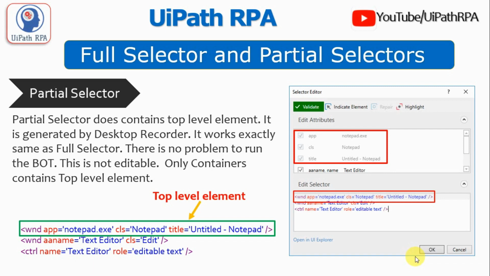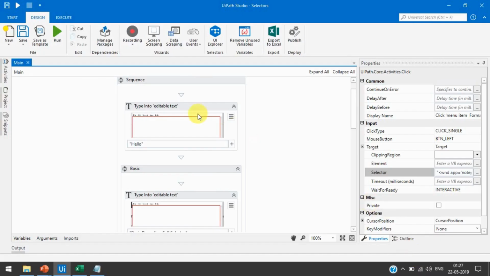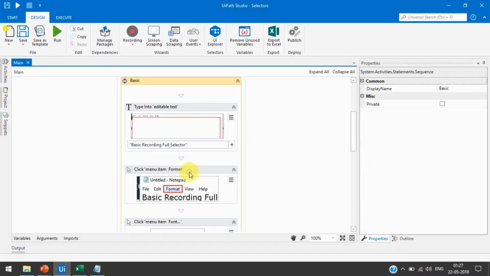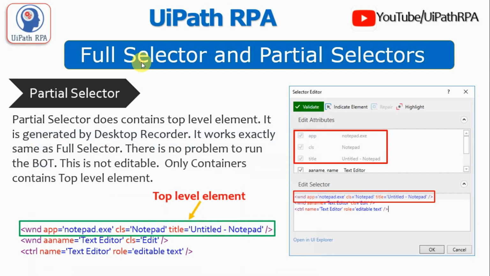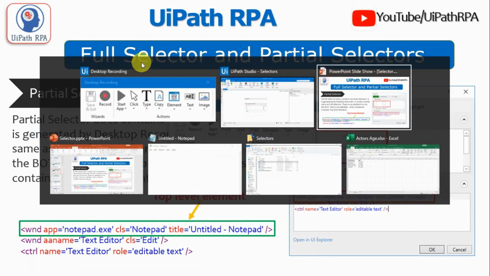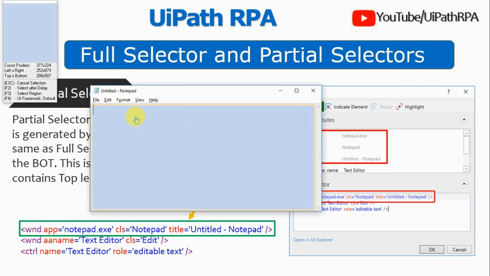So now let's see one example of partial selector. Let me open UiPath Studio, and now we'll remove this basic part. Now click on recording, select the basic, and we'll take this Notepad and click record and then select this.